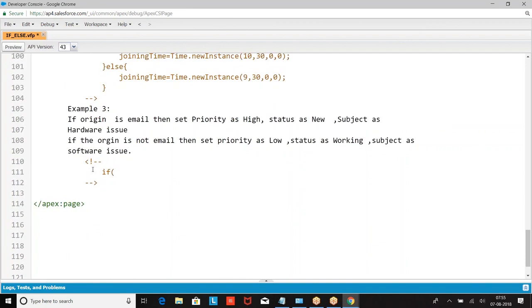If origin equal to email, then priority equal to high, status equal to new, subject equal to hardware issue.